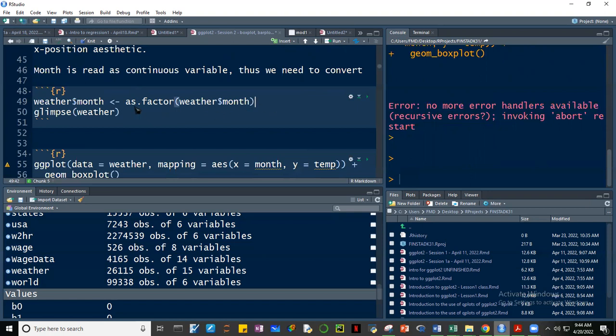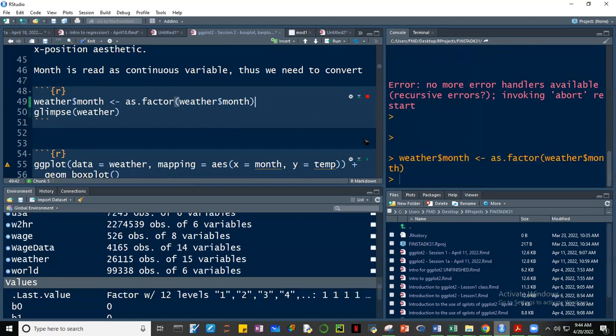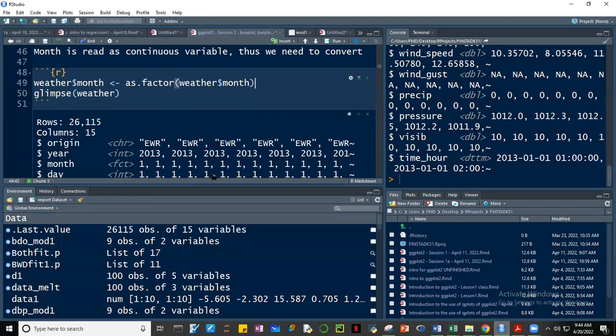So if you take a look at this, guys, sabi dito, yung weather natin na data, in particular the month, okay, we're going to replace it and make it as a factor, weather, month. So pareho pa rin yung pangalan ng variable natin. We're not introducing a new variable. It's the same variable. We're just changing the type from an integer to a factor. So if you run this, guys, and then yung glimpse na nyo, makikita nyo na factor